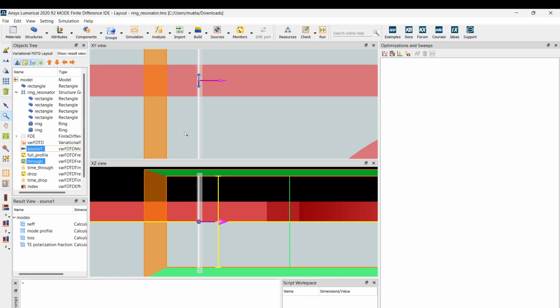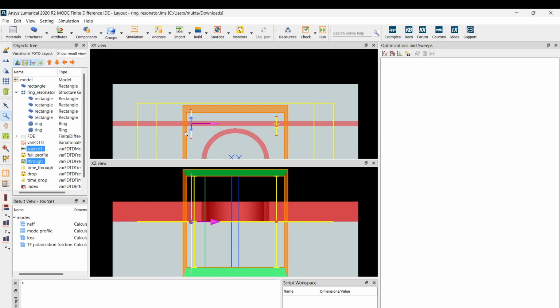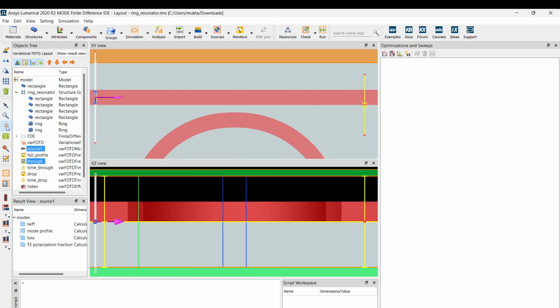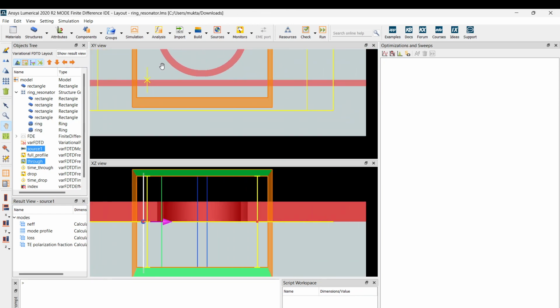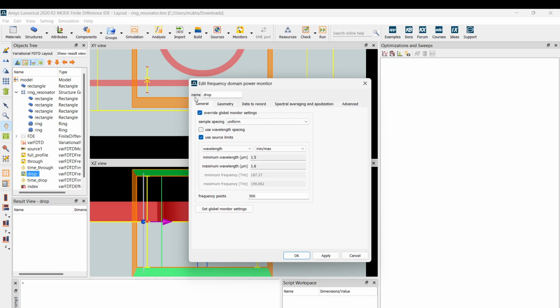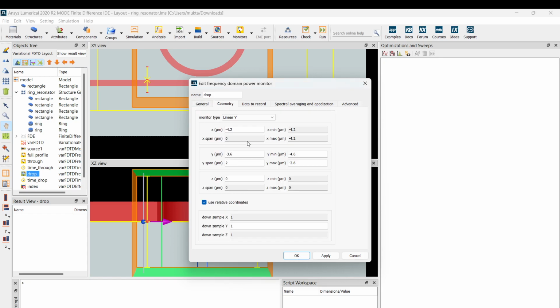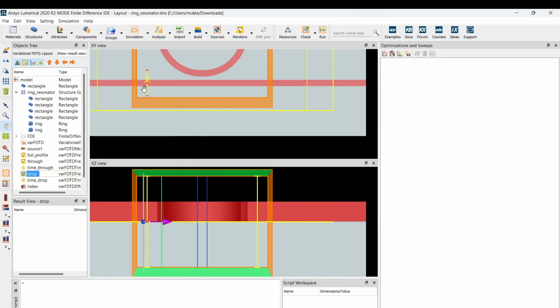Now let's zoom out. This has to go down, right? So the y we will make it minus 3.85 and hit OK. Okay.